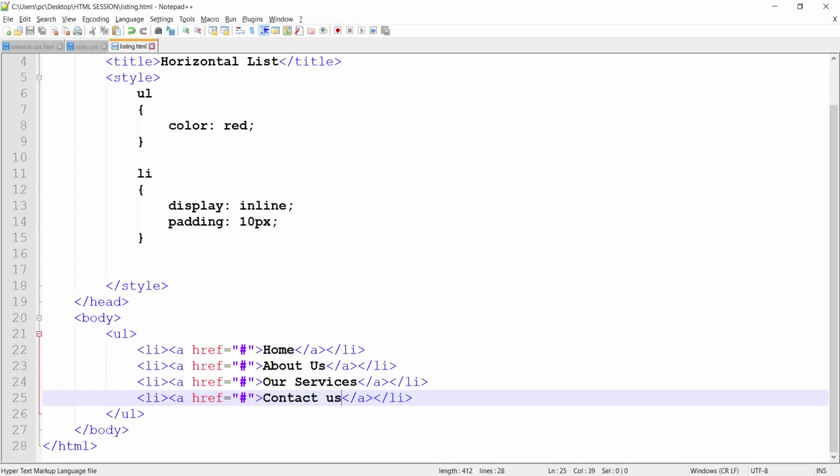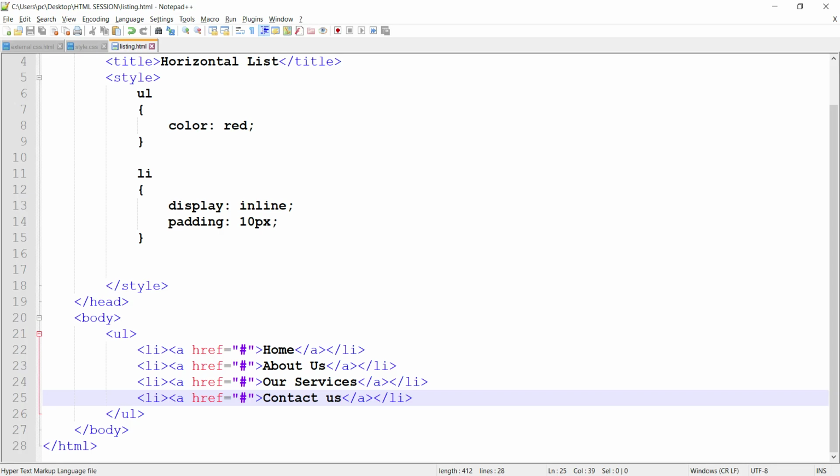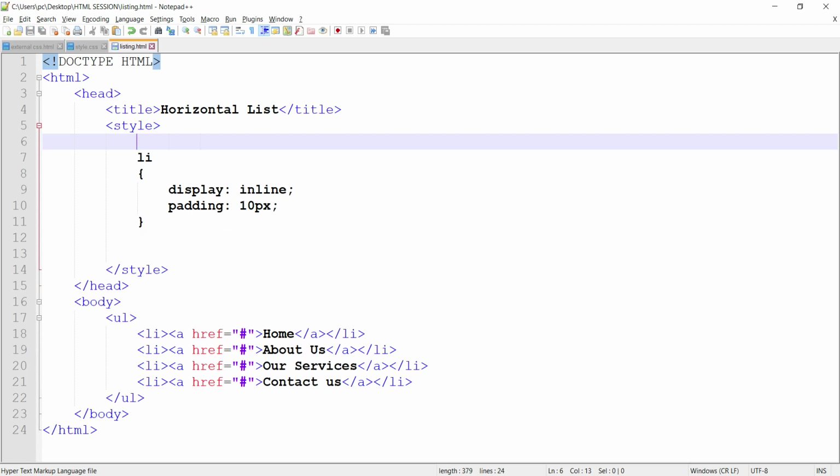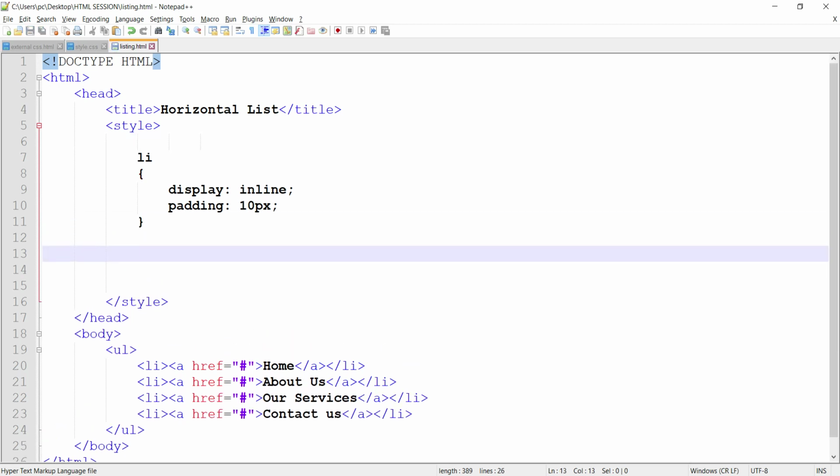Now we are getting our menu here. But as you saw, previously the text was red, but now it's blue, because now the text is present within the anchor tag. So this will not work. Now you have to give some color to the anchor tag.